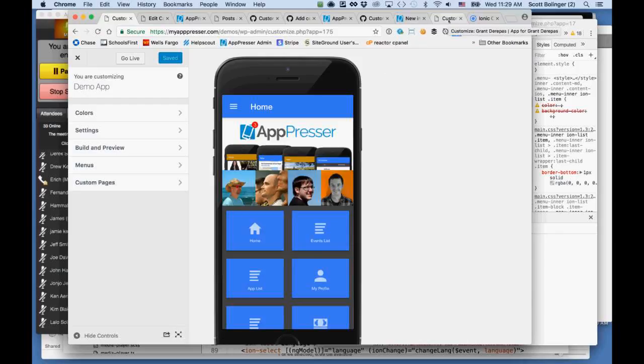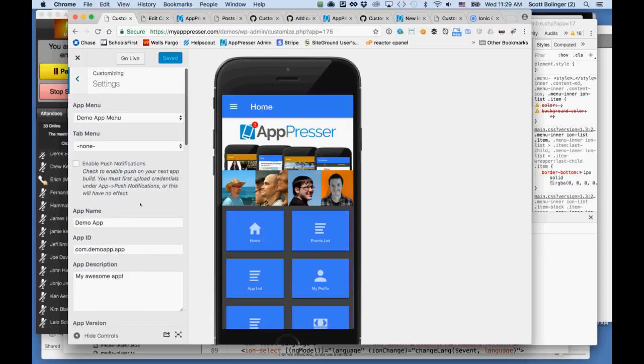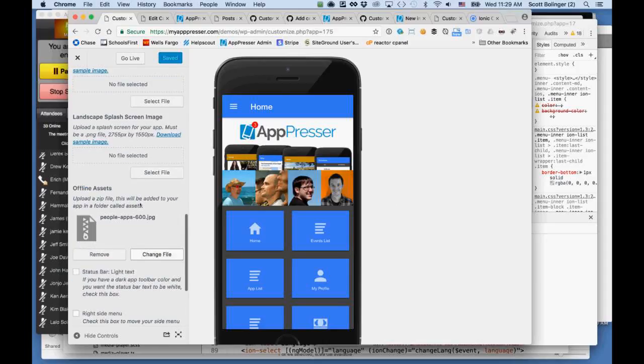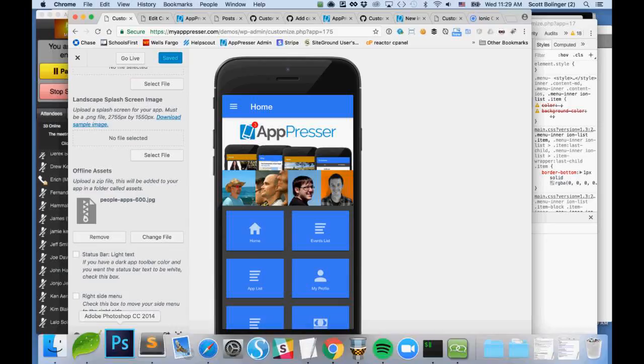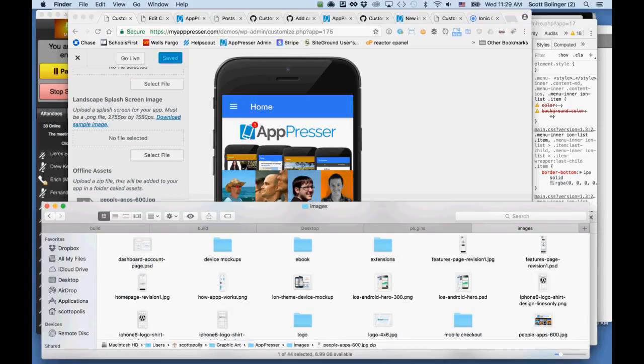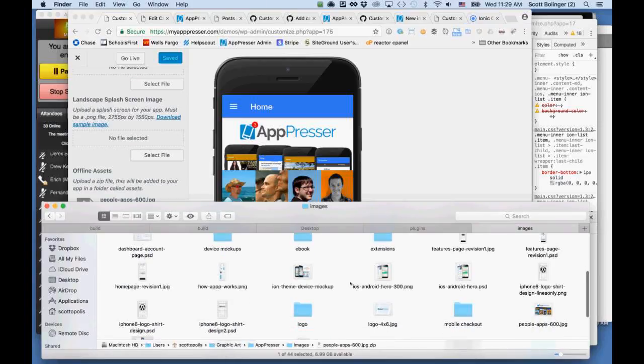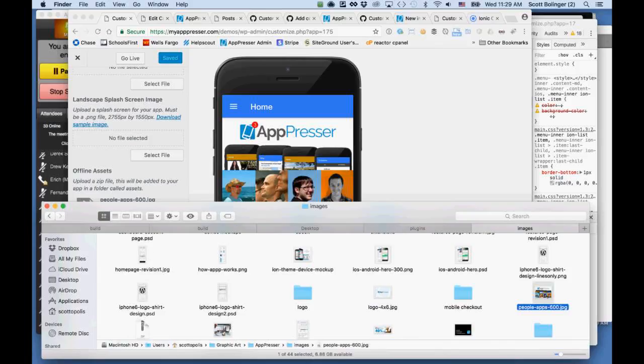So another thing that I wanted to show you guys is offline media. You may be familiar with this already, but offline media allows you to embed images and media into your app so that it can work offline. The way that you do that is you go to your settings and you upload a zip file with your media in it. So the way that I would do this, if I want to add a couple different images,